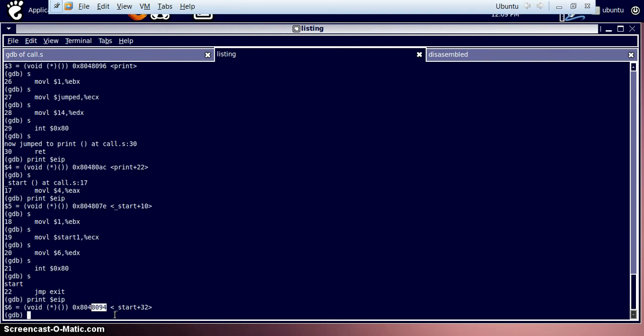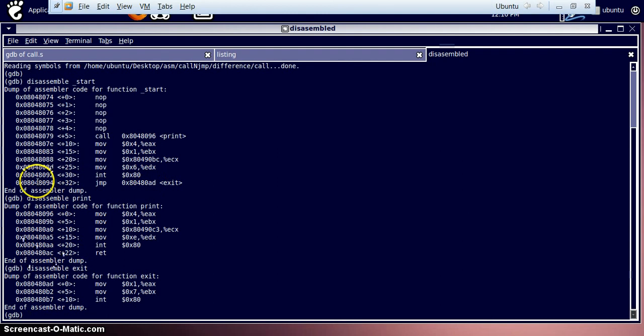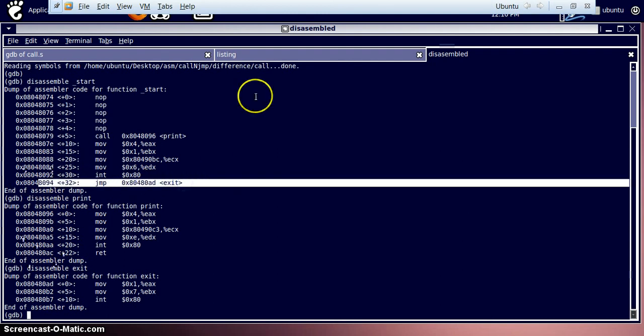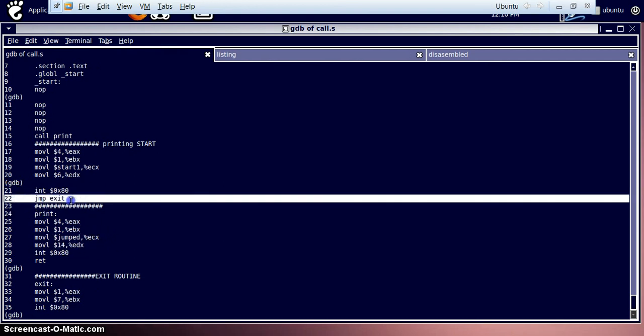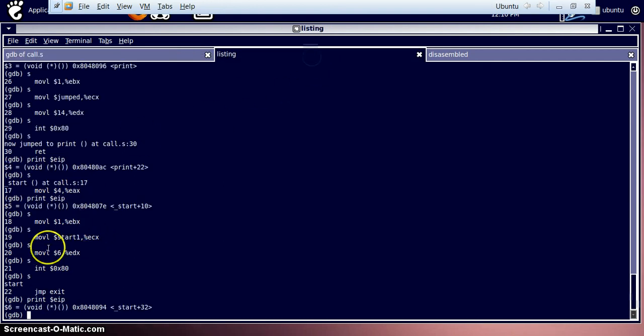So what is 8094? 8094 is the address of this line, jump to exit. Where is it? This one, line number 22, jump to exit. This is holding the address 8094.